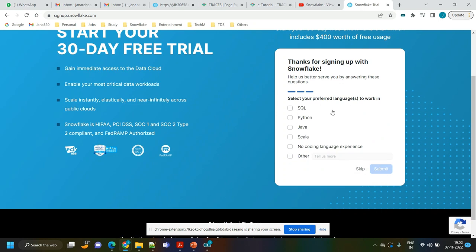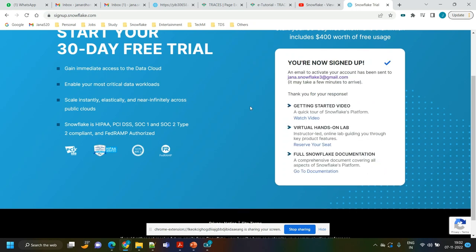So you can select, actually the advantage with Snowflake is you can write stored procedures and user defined functions in any of these languages, not only SQL. We can write in Python, Java, Scala, JavaScript, anything. Okay, so our choice. So for now I'm selecting SQL and submit. Okay, so now